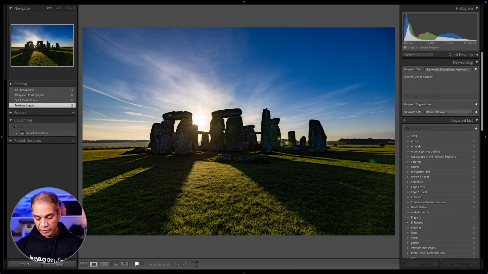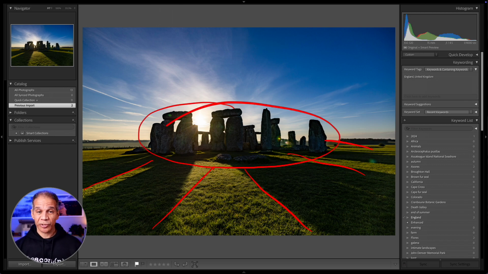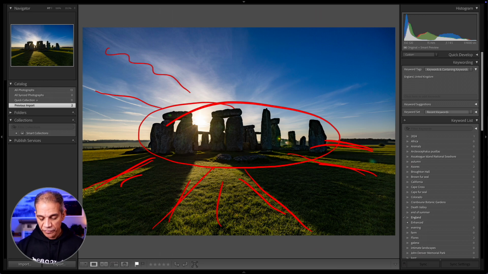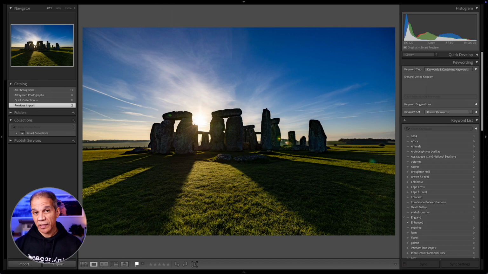So looking at John's image here, first thing that I really like about this image is, of course, these wonderful lines in the foreground leading us towards our main center of interest here, which is, of course, Stonehenge in England. And that's just a really wonderful, warm, dramatic light here. And then we've got more of these lines from these wispy clouds here with the sun right there, backlit image, which is also very dramatic because the light is coming at us. And that gives us these almost silhouetted stone shapes here, which are really nice,